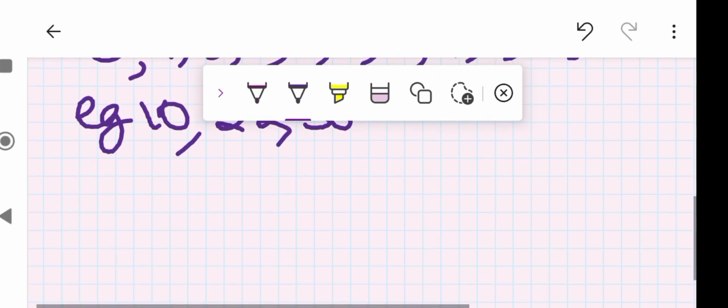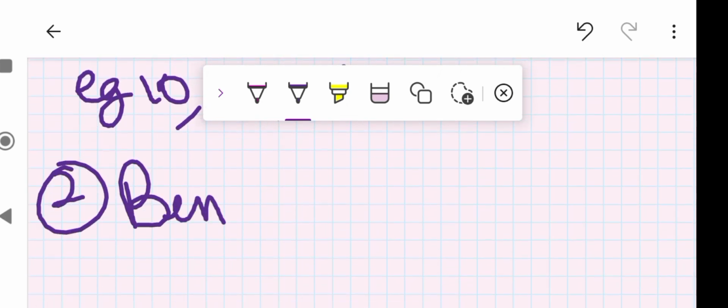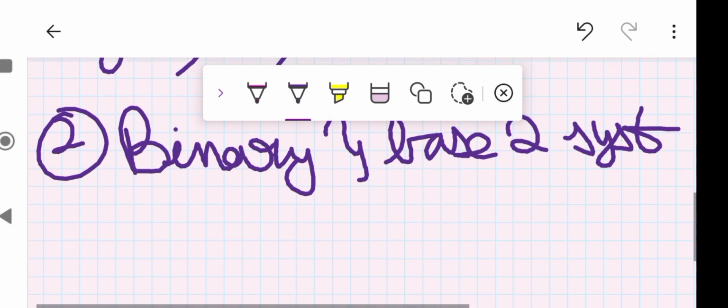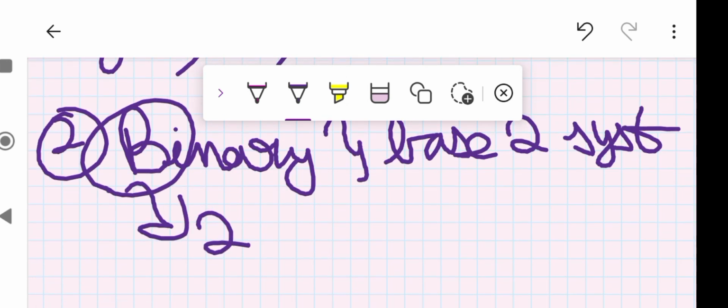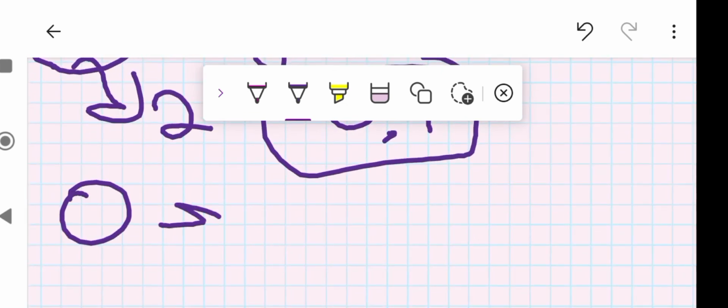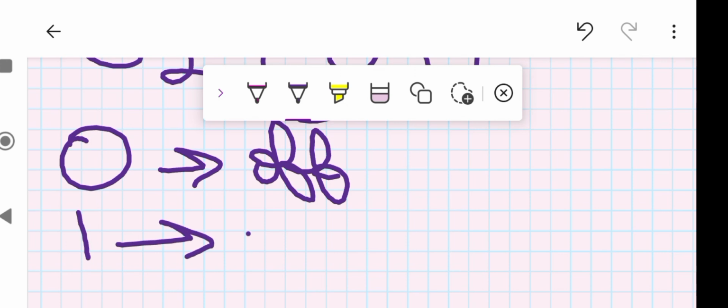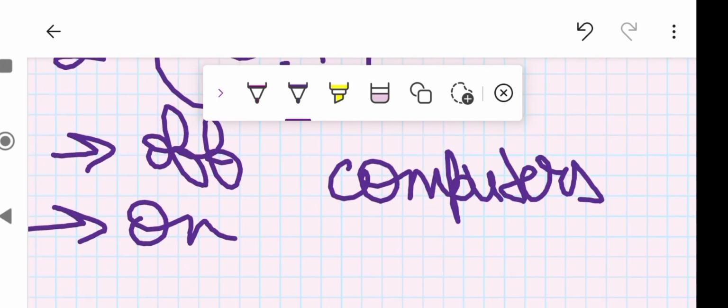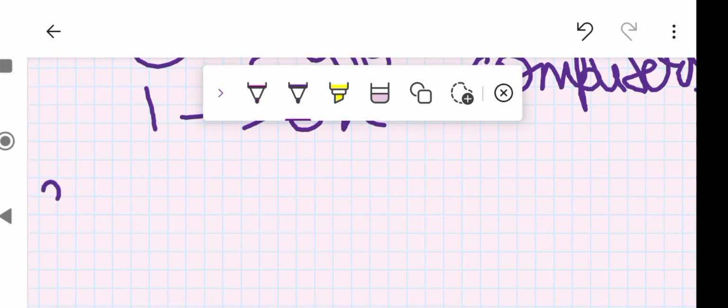Now coming to the next type, which is binary. Binary is a base 2 system. Now what do I mean by base 2 system? First of all, bi. Bi means 2. From here we can get an idea that it's a two base system. So it uses zeros and ones. Like how in decimals you had 0 to 9, here you have zeros and ones. That's it. You can also further understand 0 as off and 1 as on. So basically these are mainly used in computers. The application is mainly in computers. 0 is off, 1 is on.